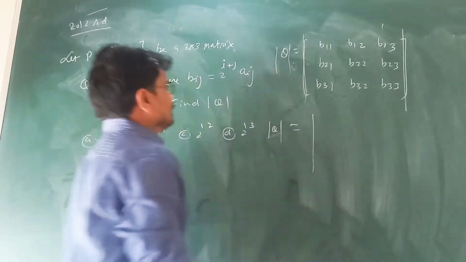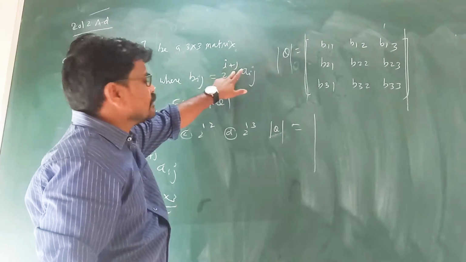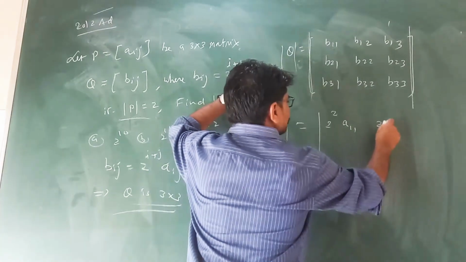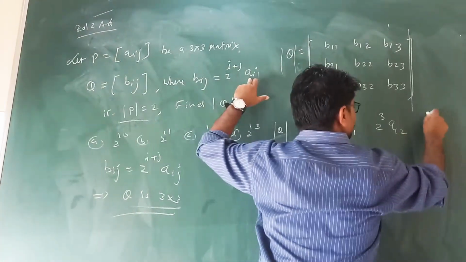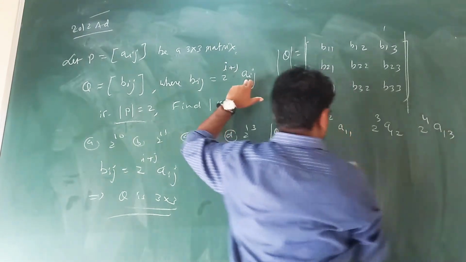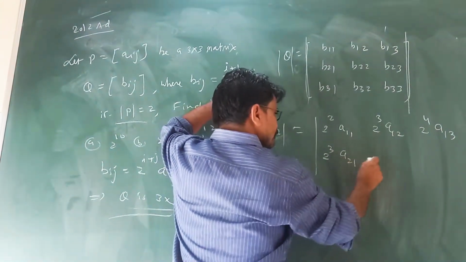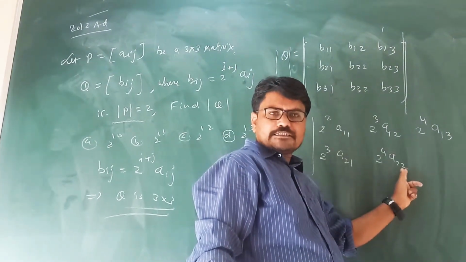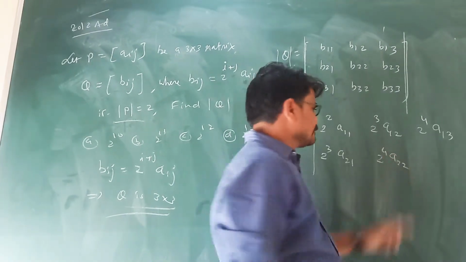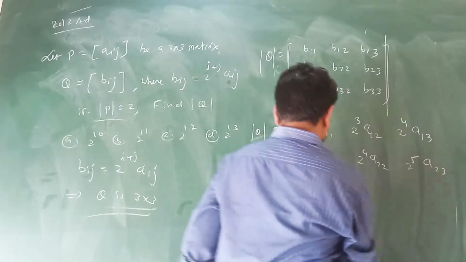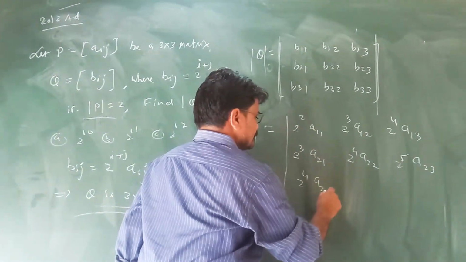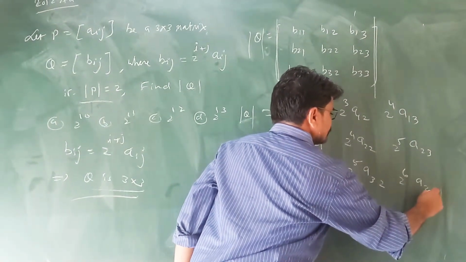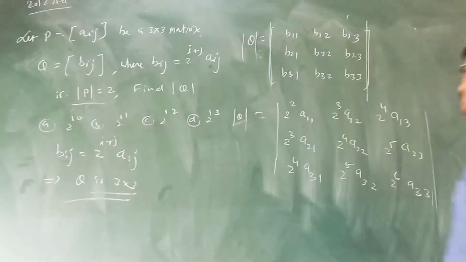तो देखो ये एंट्रीज क्या है, डिटरमिनेंट Q की बात कर रहा हूँ। एंड B11, ये 11 है तो 2 की पावर 2 हो जाएगा, A11 आ जाएगा। 2 की पावर 2 A11, तो 2 की पावर 3 A12, 2 की पावर 2 A13... 2 की पावर 3 A21, 2 की पावर 4 A22। यहाँ से समझ में आ रहा है ये i की वैल्यू 2 है, j की वैल्यू 2 है तो i प्लस j, करेक्ट है, ये डायरेक्टली आ जाता है। तो 2 की पावर 5 A23, 2 की पावर 4 A31, 2 की पावर 5 A32, 2 की पावर 6 A33, करेक्ट है, ये बन गया डिटरमिनेंट।